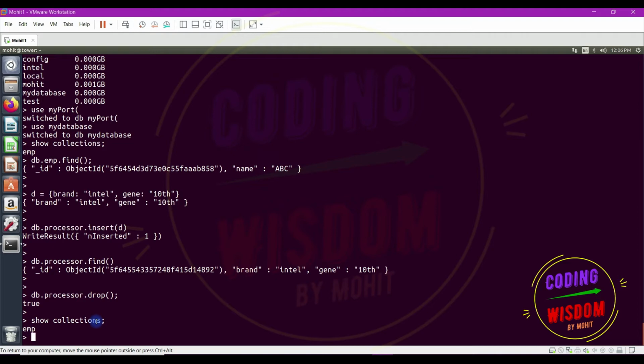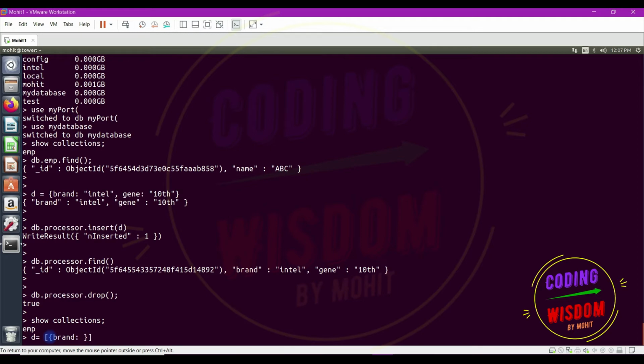Now let's see how to insert multiple records. There are loads of commands like insert many, but you can use just one command, insert. You create multiple records. In this array, you can see a square bracket, and each document is in curly braces, like brand,